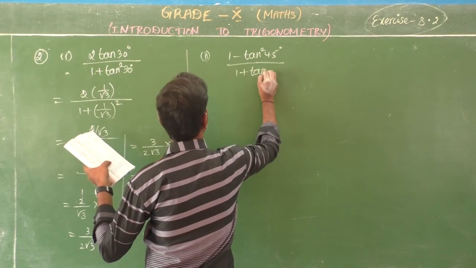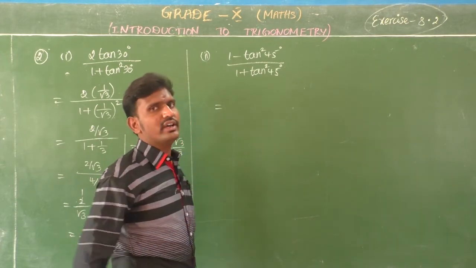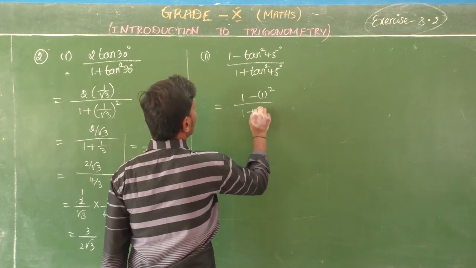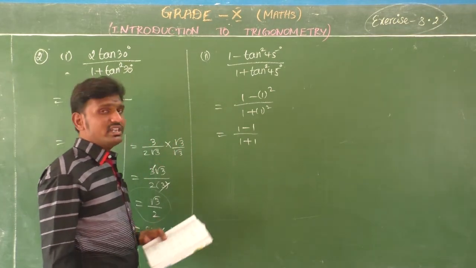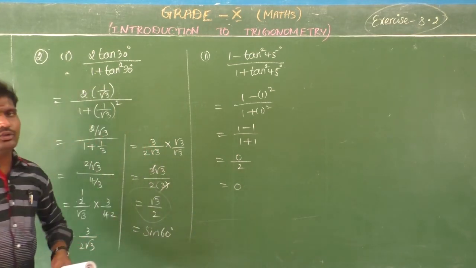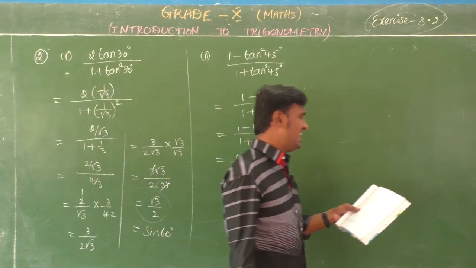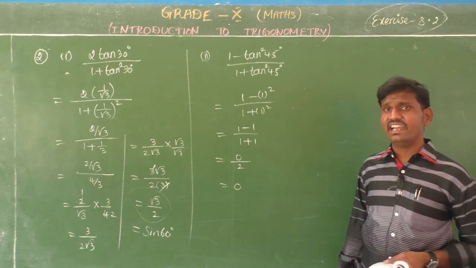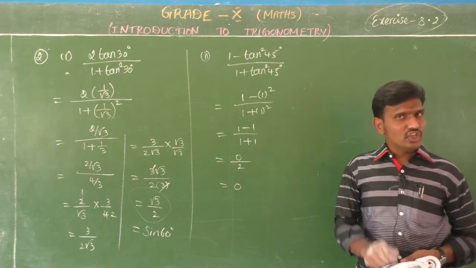And the second question is 1 minus tan square 45 degrees, the whole divided by 1 plus tan square 45 degrees. Now tan 45, you know, very simple. What? 1. So 1 minus 1 the whole square, whole divided by 1 plus 1 the whole square. So 1 minus 1 by 1 plus 1. So 1 minus 1 is what? 0 divided by 2. So 0 divided by anything, you are going to get 0. Tan 90 also, some of the students have some misunderstanding, tan 90 is also 0, not like tan 90 is not defined. Tan 0 only is 0.